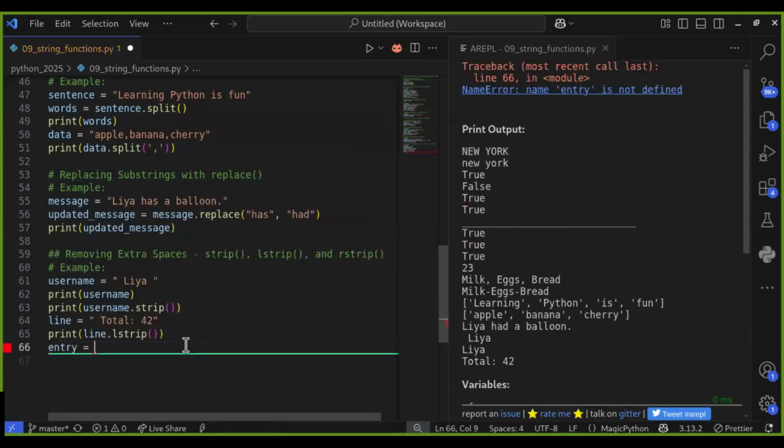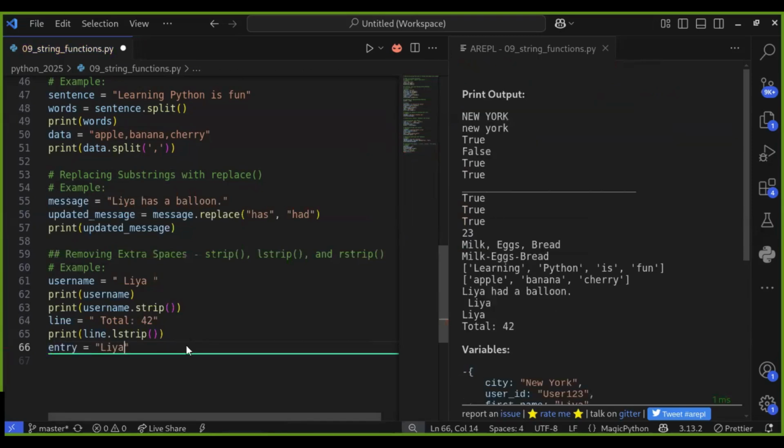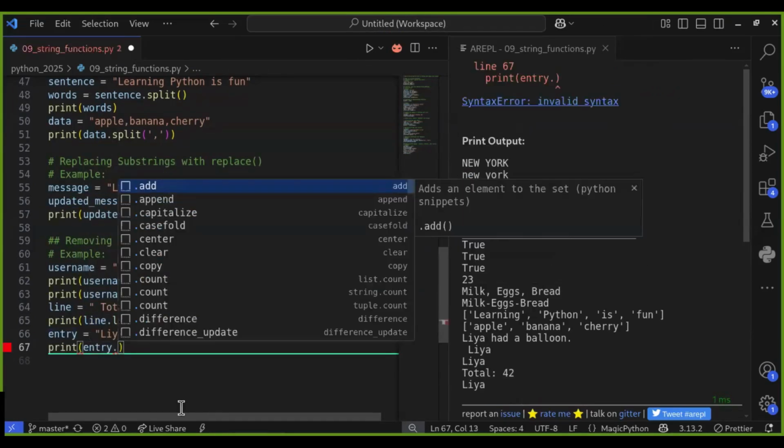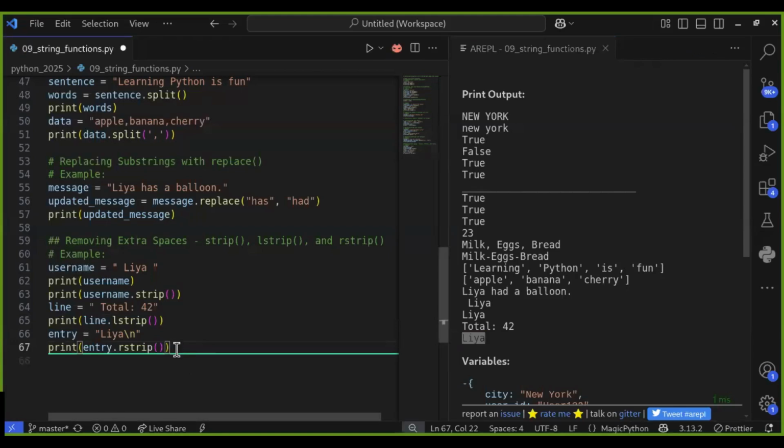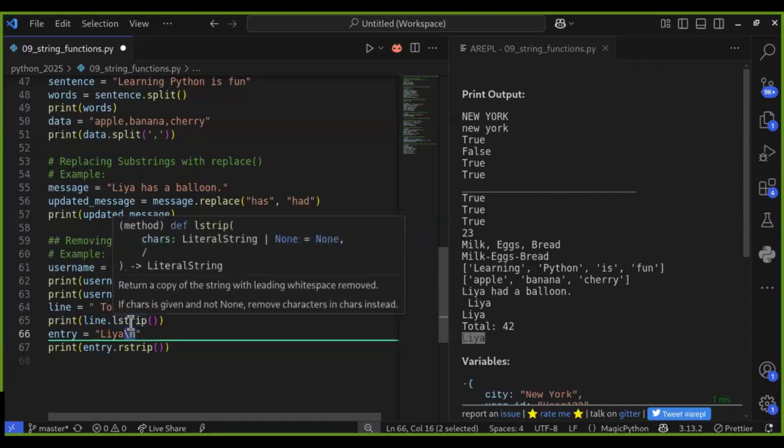Or maybe you are formatting reports like entry = "Leah\n" with a new line. So entry.rstrip, because the new line is at the end of the string. This prevents unexpected line breaks or spacing issues when displaying or storing values. In short, strip and its variants are powerful tools for cleaning up text. Always consider trimming your data before processing or comparing it.